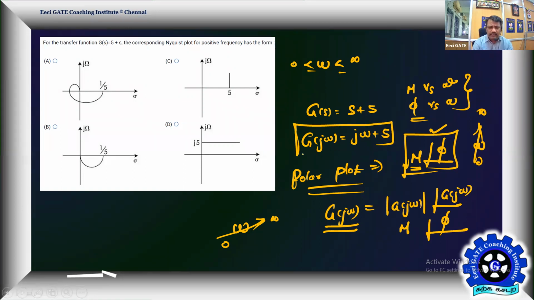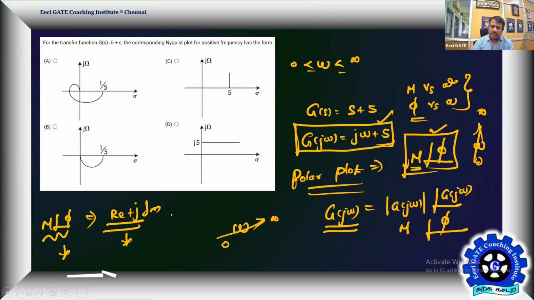Now it's already in rectangular form, real plus imaginary. If required, only if required, you can go for the polar form. Then you can draw the sample points and complete the polar plot. A polar form can be converted into rectangular. For example, M angle phi is the polar representation, and real plus j imaginary is the rectangular form. It's up to you. Either you can use the polar coordinates to draw the plots or you can use the rectangular coordinates for the given omega, that's all.